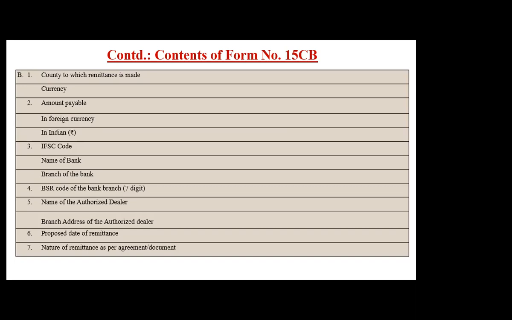So proposed date of remittance. Say generally what we do is, the invoice is say of 15th of Feb. In our example, 31st March, TDS is deducted. Payment is made on say 15th of April. Now he has come to us and says that I will be making the payment on 15th of April going forward, and he has come to us on 10th April only, saying that. Then we give him a window of proposed date between 5 to 15 days, so that our 15 CB is valid for that time.